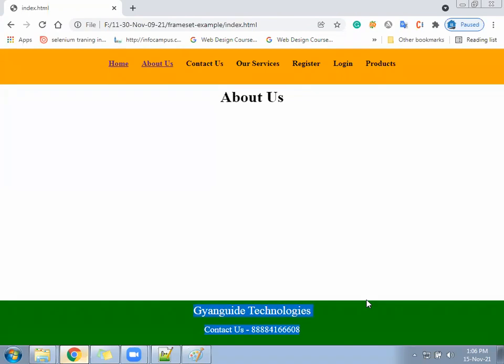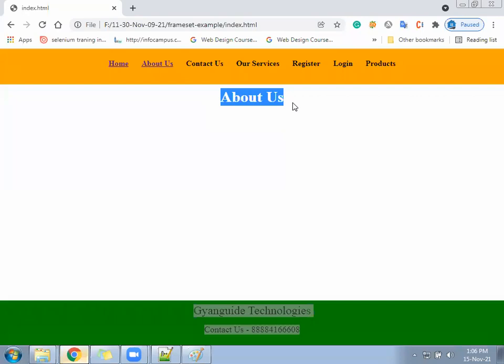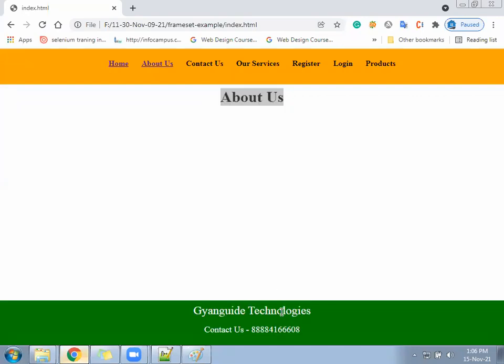Total, how many? 2 MB. And assume About Us also has 1 MB of data. If anyone wants to refresh the entire About Us page with header, footer and everything, how much data has to come from the server? 3 MB: 1 MB for the header, 1 MB for the footer and 1 MB for the middle section.